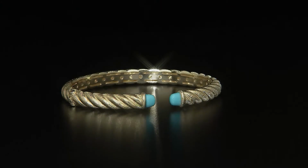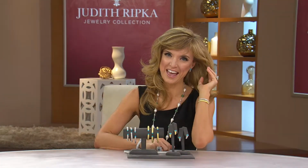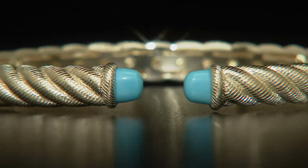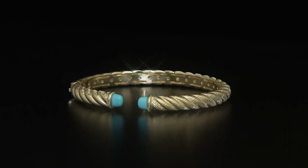Today's special value is the only one you've ever seen in Sleeping Beauty Turquoise from Judith Ripka, and it's at a great value and 5 easy payments. Just let us know if you want small, average, and large. And do you want the sterling silver or the 14 karat gold clad? That beautiful stone done right. J318018. Here's the information once again on